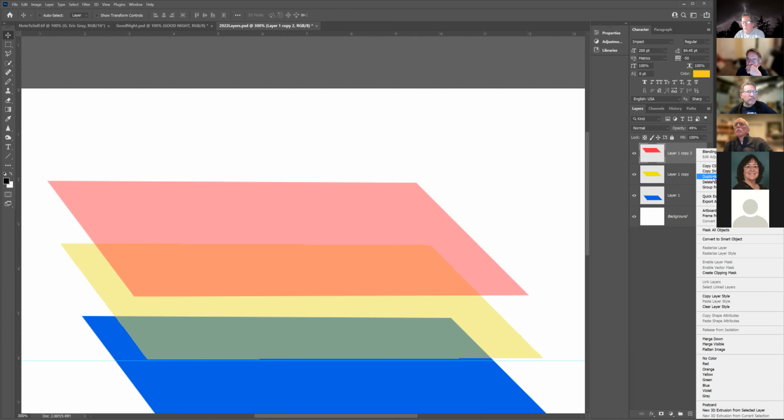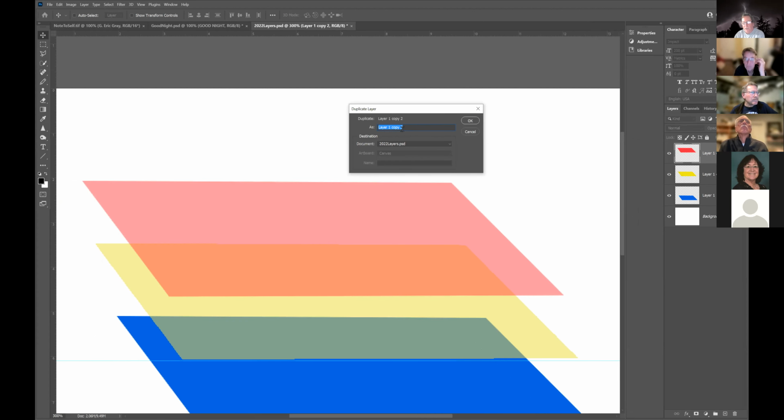So I'm going to duplicate the red layer, and I'm just going to click on it, and it's going to ask me, you're going to duplicate it. I can call it something if I want to. I'm going to call it